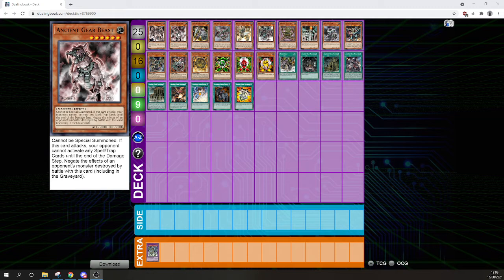And then next is Ancient Gear Beast. So it's a little smaller, but also it only takes one tribute. And yeah, it has the same first two effects, so it can't be special summoned and prevents spells and traps. But it also negates the effects of anything it destroys by battle. And I think this is a very cool effect, at least considering the current format we have. So this would stop anything that